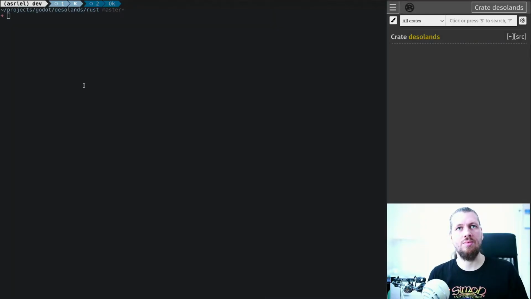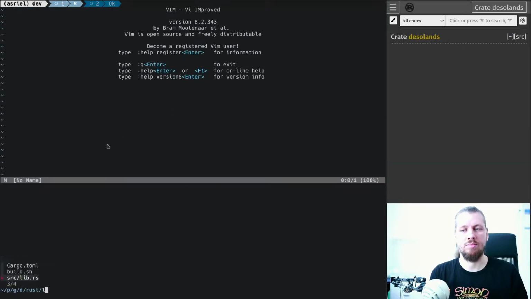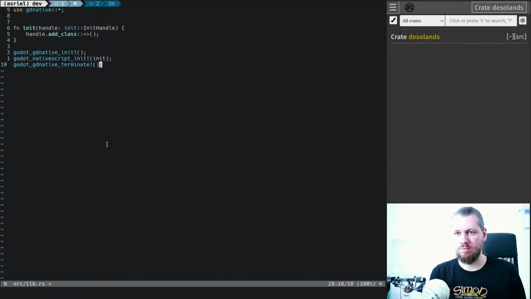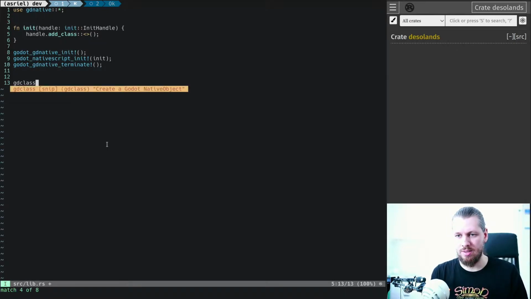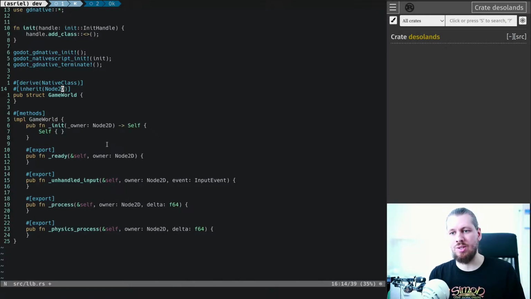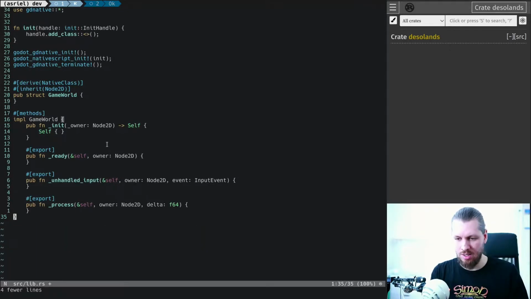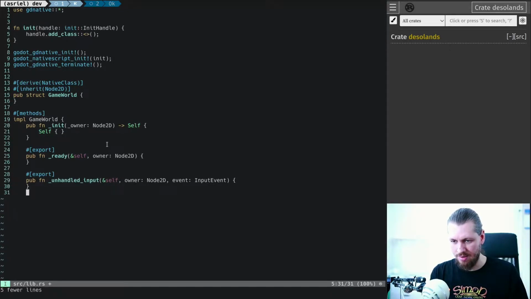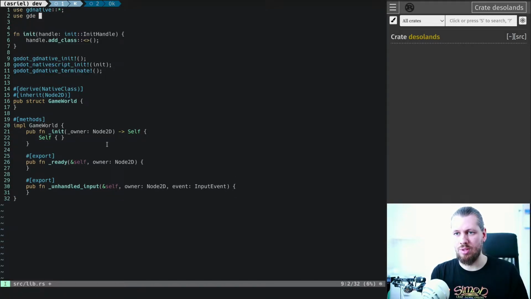So the first thing I'm going to do is bootstrap my Rust code with the GDNative stuff. And I'm going to create a game world object. We're making a Node2D object because this is going to be a 2D pixel art game. And we don't need that, and we don't need that. And we are going to import